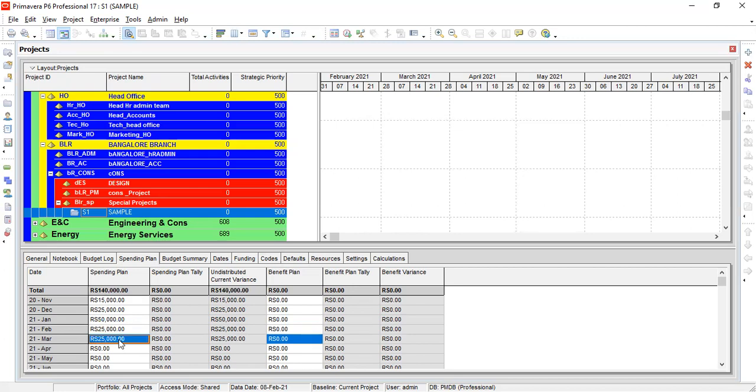Yes, monthly expenses. Here we can't change the date. We can enter some expected spending plan. Okay. And then here the benefit plan means loan rebate, vendor rebate, something like profit here.